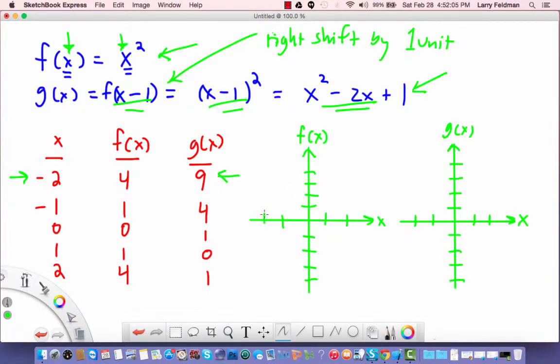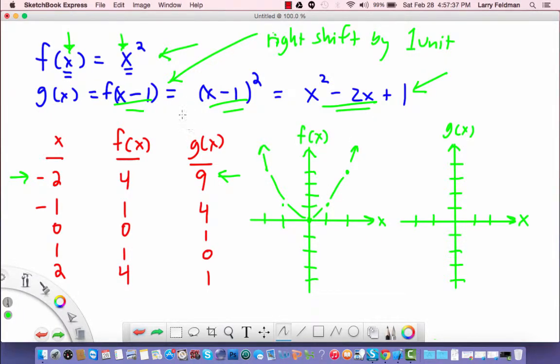If we plot -2, 4, -1, 1, 0, 0, 1, 1, and 2, 4, we get a parabola, something like this. And if we plot g of x, we have -2, 9, which won't fit on the page, -1, 4, which is right here, 0, 1, 1, 0, and 2, 1, which looks like this. So connecting the dots, you can see that we have another parabola,